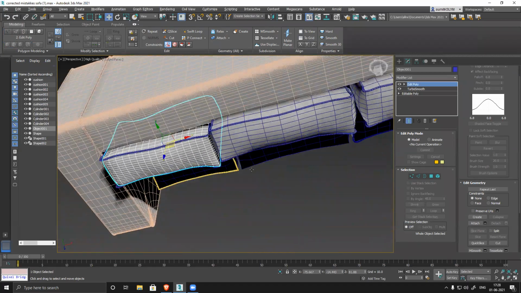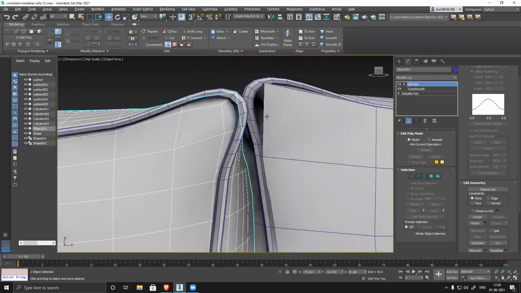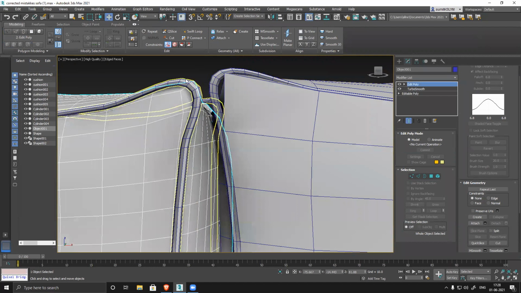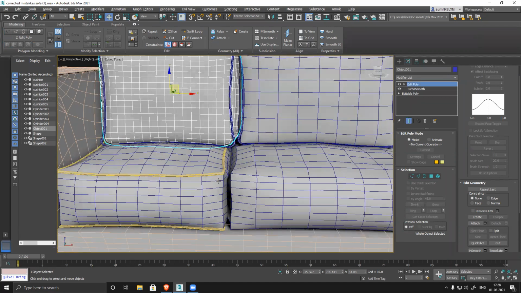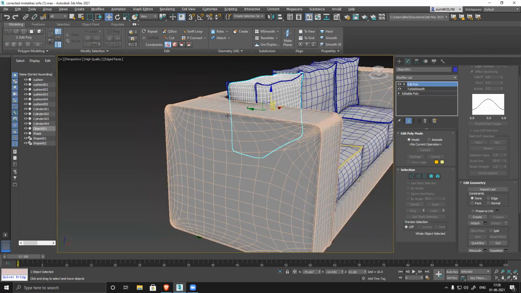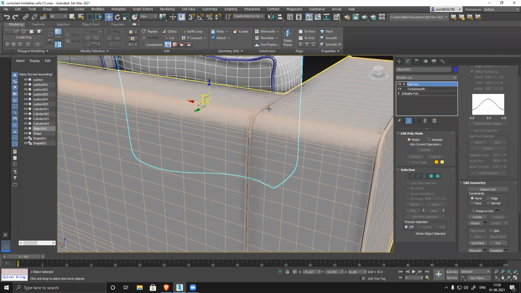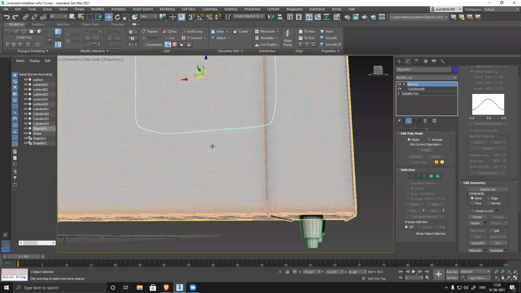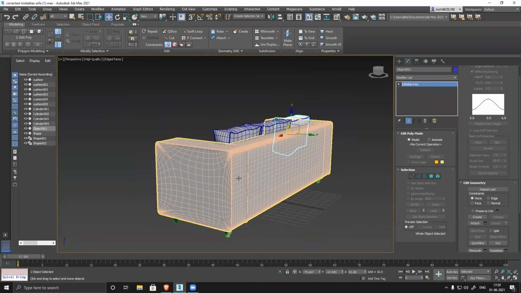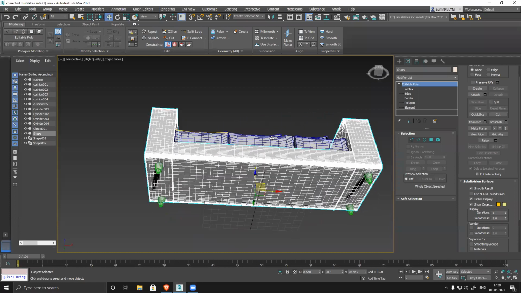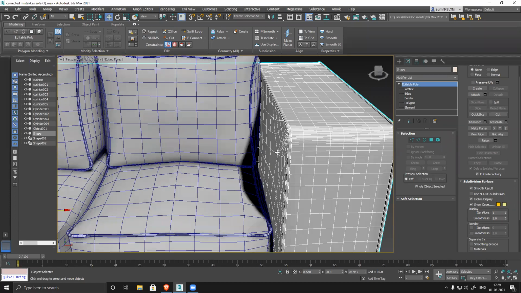So all these things are not acceptable. This is wrong. It should be like this or like this. And here I can see one more issue. This thing is going over this thing. It can be possible if the design is like this, that's perfectly fine. But this is way too high poly. You have removed your turbo smooth also, so I cannot reduce it. That's too much, so it can be optimized.